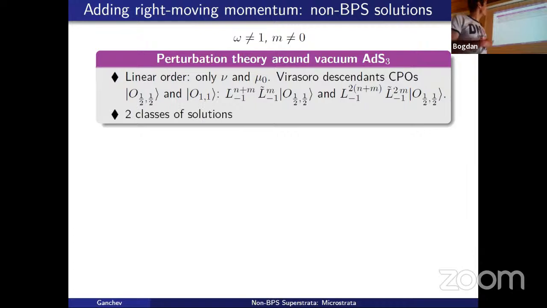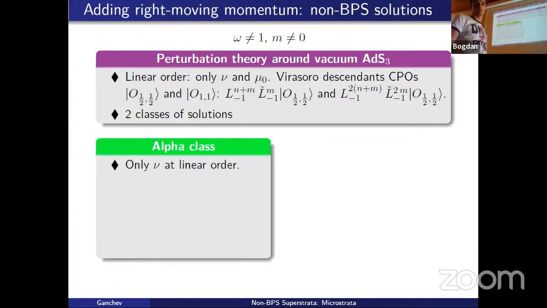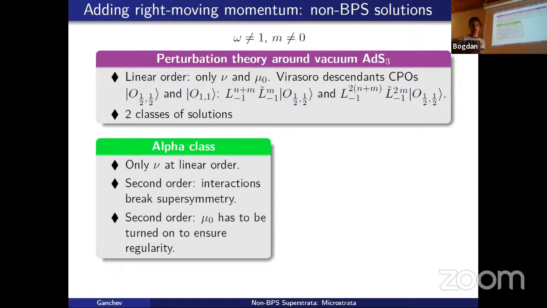Okay, and there are two classes of solutions that we've discovered. Well, two classes of non-BPS solutions, and we also found another class of BPS solutions. So the first class is the so-called alpha class, where you only turn on mu at linear order. You keep mu 0 turned off. And at linear order, the solution is still a BPS solution. But what happens then at second order? Interactions break supersymmetry,